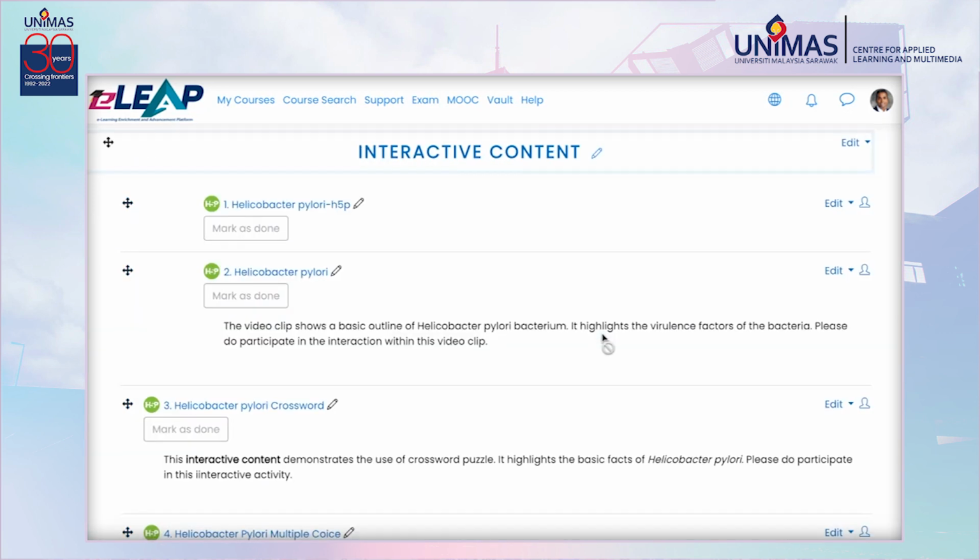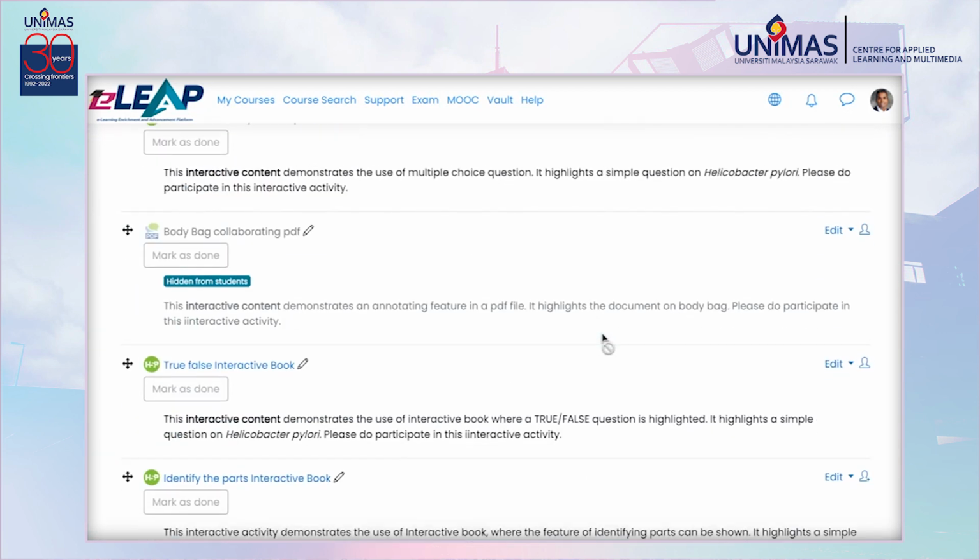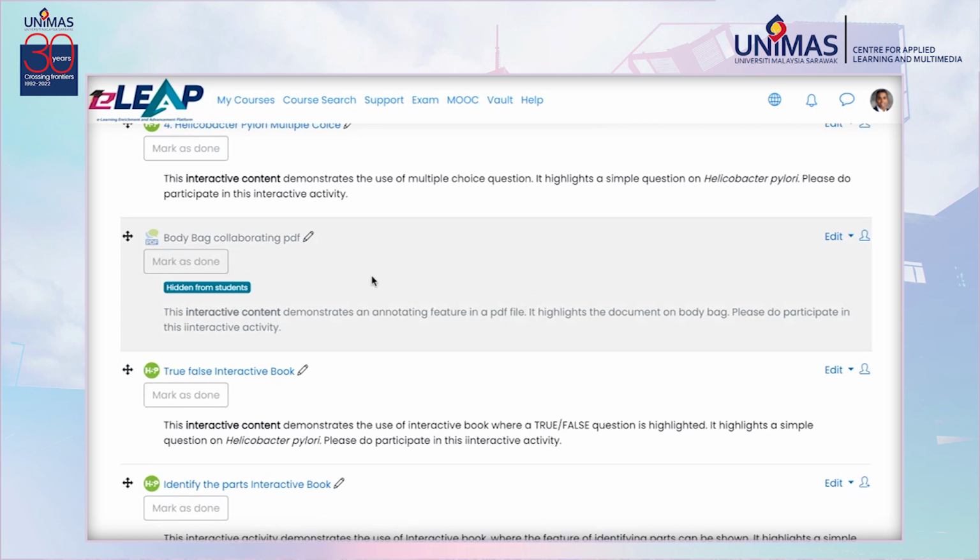I'm going to save that. Okay, the last one. I don't know how you're all going to use it because I haven't tested it myself, but I found it's very interesting. You can give a reading assignment, and this is called a collaborating tool. What it basically does is